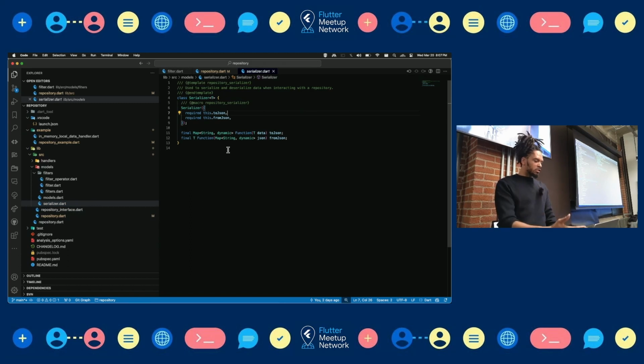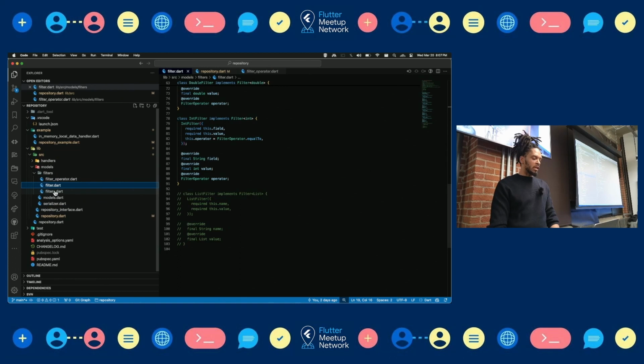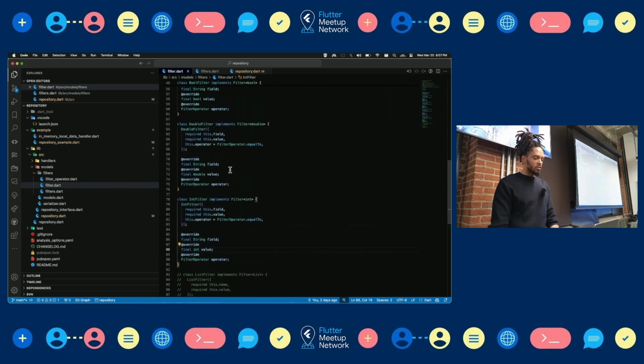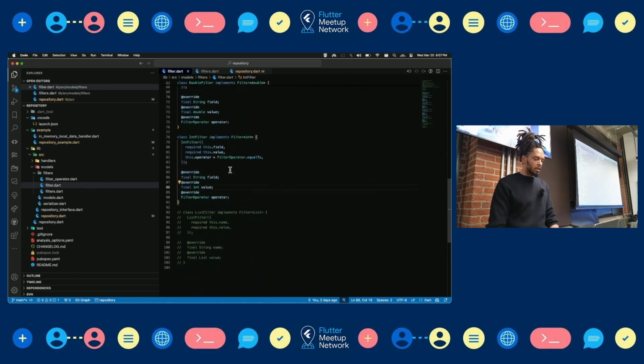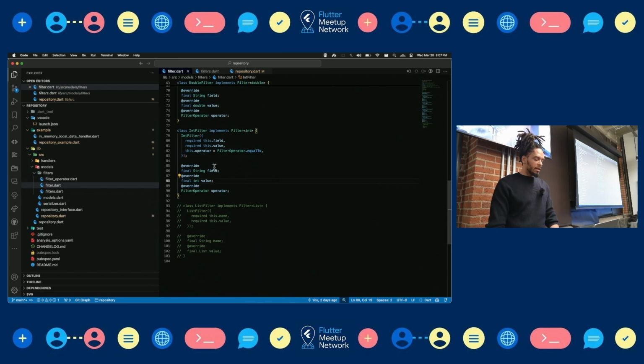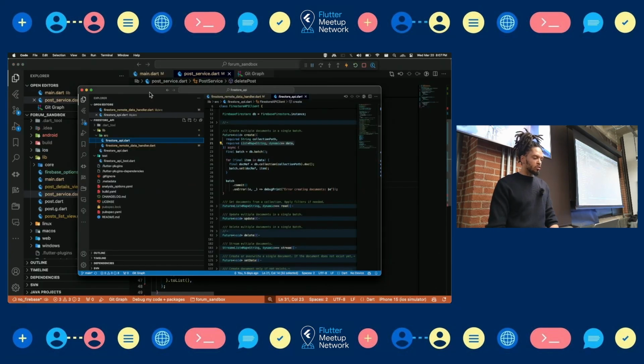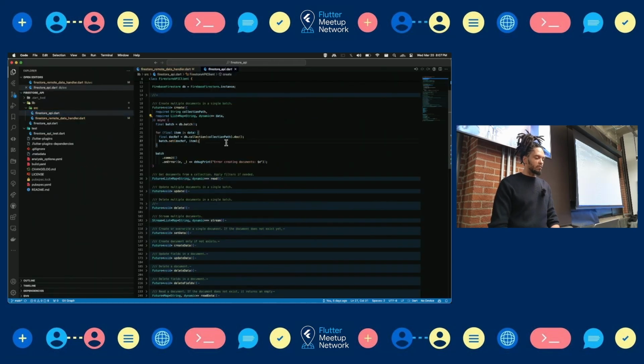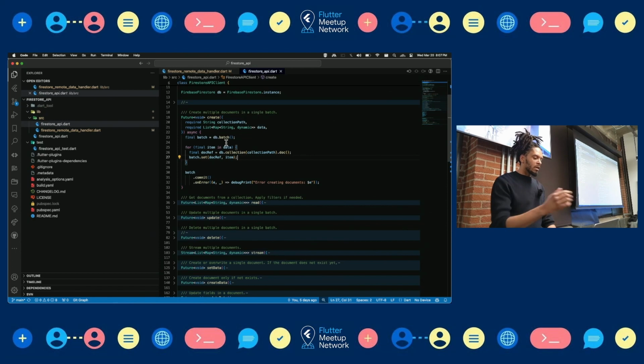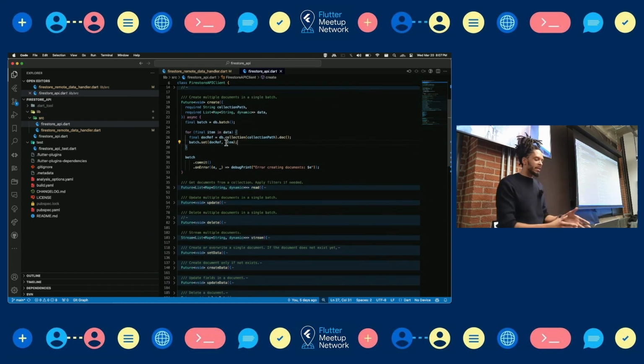Okay, just to summarize: we have a serializer method that defines how you convert to JSON and from JSON. We have filters, which map to query filters. There are string, double, integer, and Boolean filters. And finally, there is the Firestore API, which is the actual implementation of the remote data handler. The Firestore API package depends on the repository and will implement this interface,